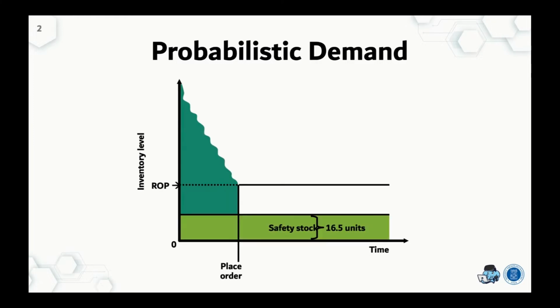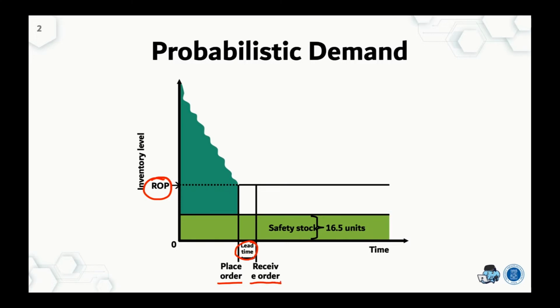In probabilistic demand, as illustrated in this figure, we will not have the straight line pattern. Instead, we will have a curvy pattern here, and this is the consumption. Over time we consume the stock, and when reaching some reorder point, we should place an order. And then we should wait for some time, which we call the lead time, to receive